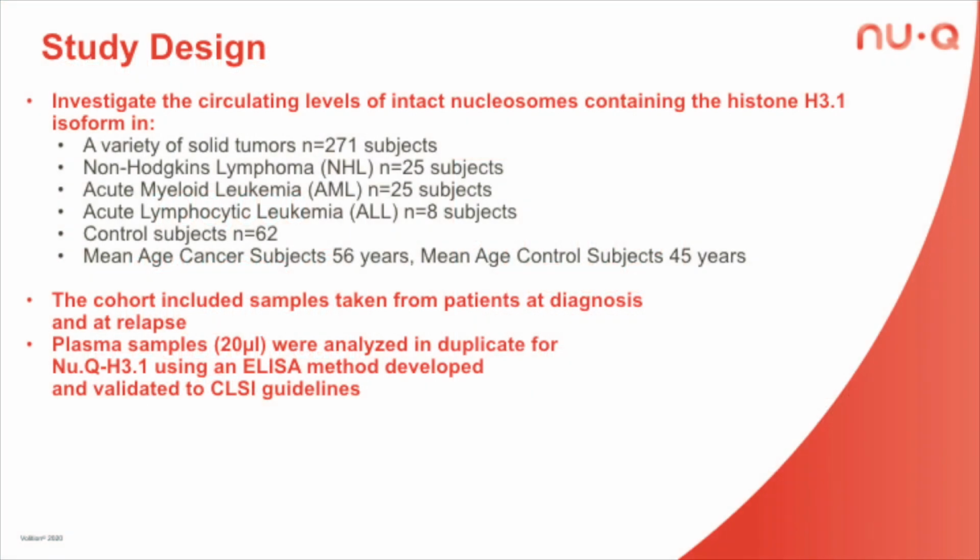This is a summary of the study design. We measured circulating nucleosomes in a cohort containing 271 solid or non-blood cancer tumors, as well as 25 non-Hodgkin's lymphomas, 25 acute myeloid leukemias, 8 lymphocytic leukemias, and 62 healthy controls. These samples were obtained from patients at the time of the original diagnosis, as well as at relapse or recurrence of the original cancer. We used 20 microliters of plasma, which can be easily obtained from a drop of blood, and for comparison, a drop of blood is about 50 to 60 microliters, and we analyzed it on